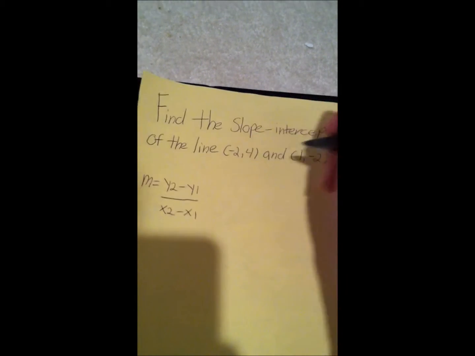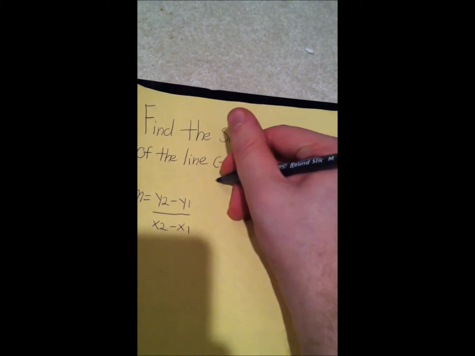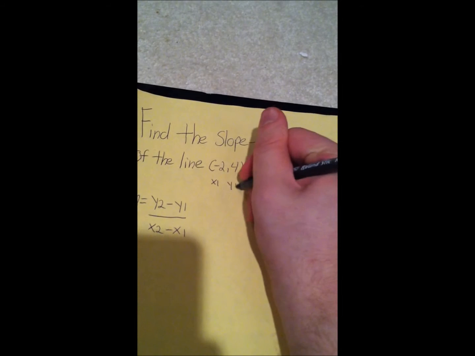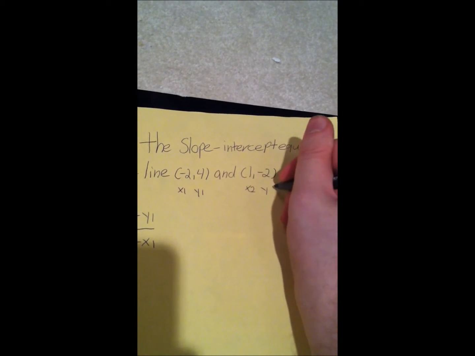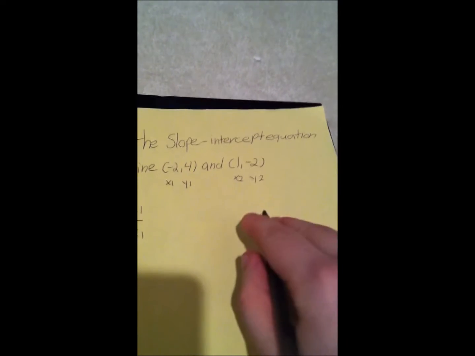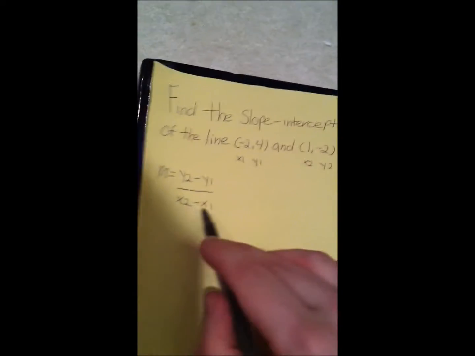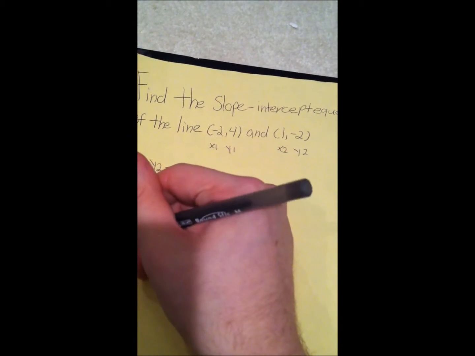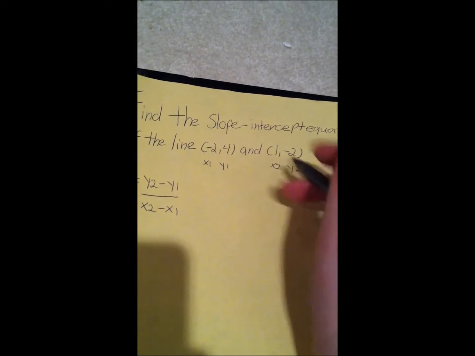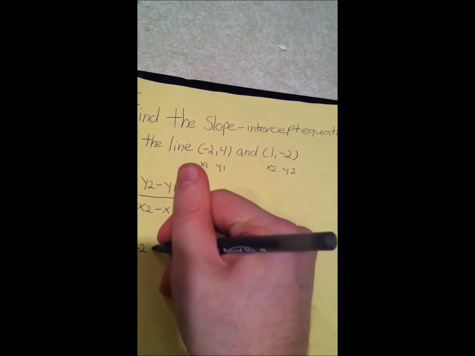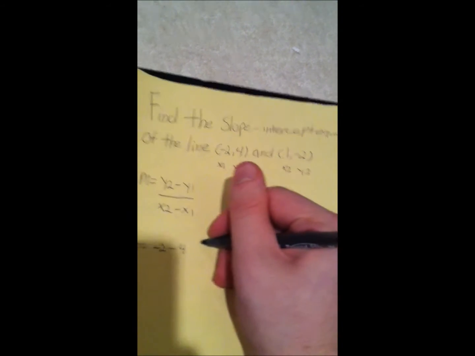(-2, 4) and (1, -2) will be what I'm about to label here as x1, y1, x2, y2. And what that is for is just to know where we're going to place them in the formula. So now m equals -2, which is y2 right here, minus y1, which is 4,